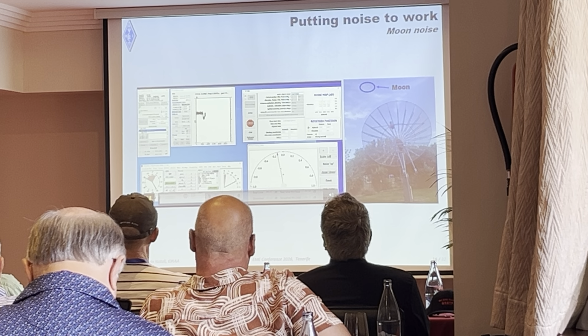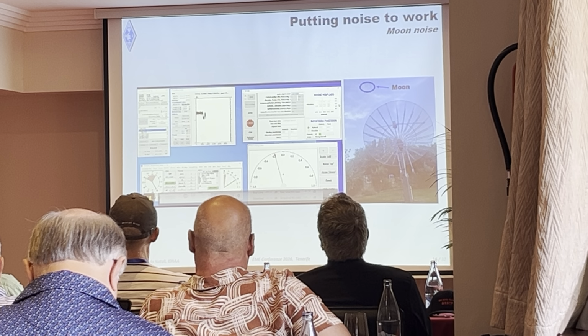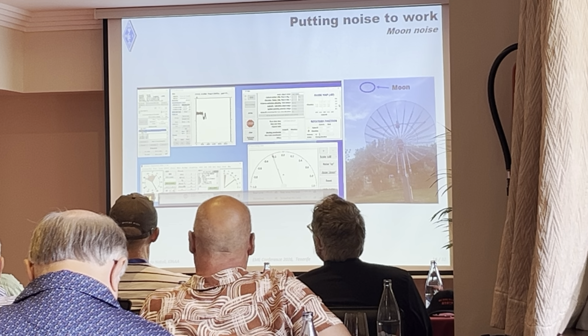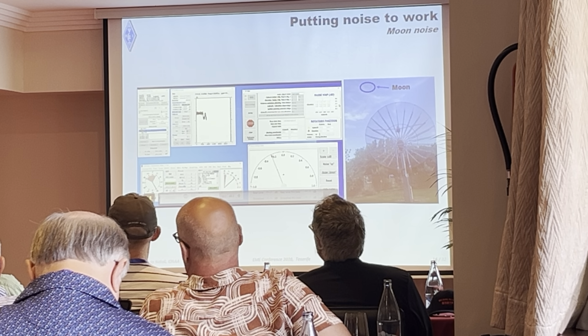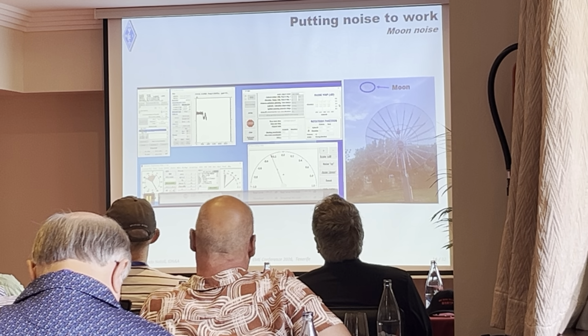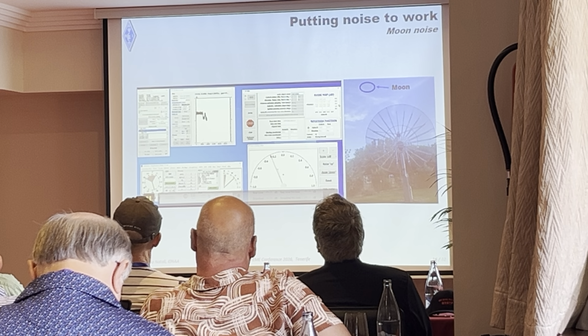Look at the left side, actually, here you can see the number on the plot. And this thing doesn't tell you much. It tells you that when you off-point the moon, of course, the noise is going down. But look what happens when the antenna is going down, and you see that I have trees there. The antenna goes down, and you will see here